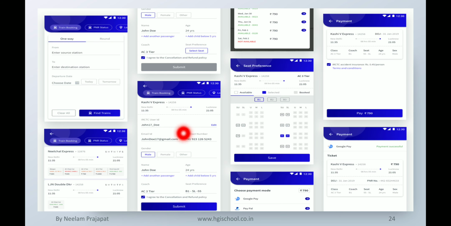Then after that the ticket will be booked. We have to provide our personal details to it. Then after that prices will be calculated and given, and then after that the seat availability can be checked. We will make the payment, and then you will get a payment successful message.